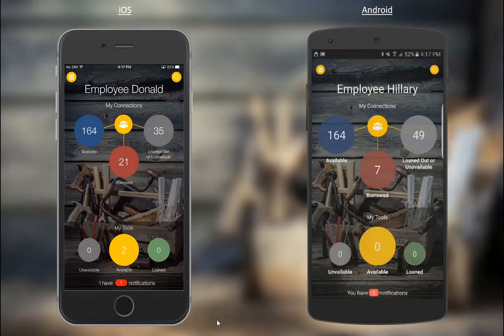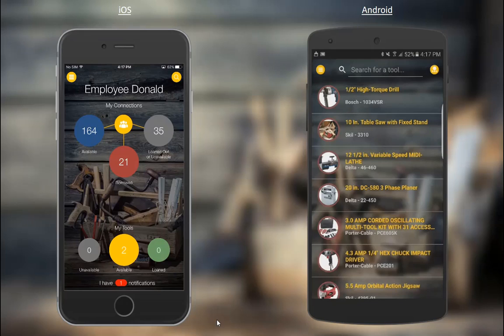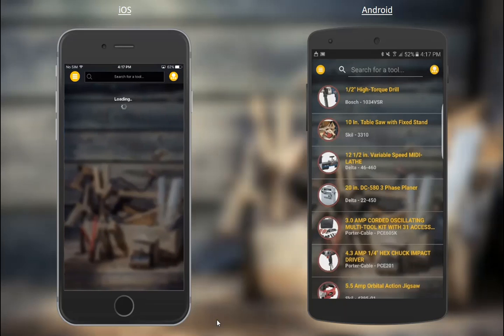Now, if Hillary wanted to initiate a transaction, you pretty much saw how all this worked, but just to make sure it's clear, a couple of the UI differences. Hillary can actually do the exact same thing on her side. Say she gets a call from Donald and he wants to borrow the 1/2-inch high torque drill. Well, instead of swiping like Donald would